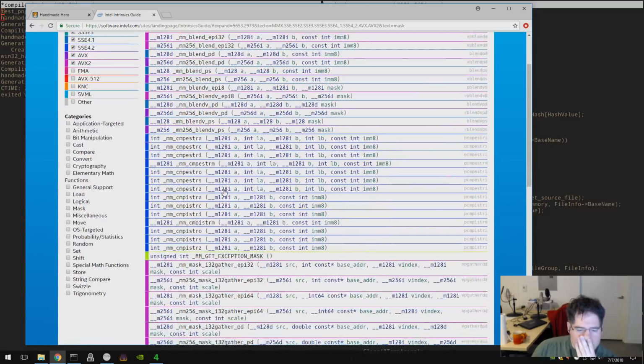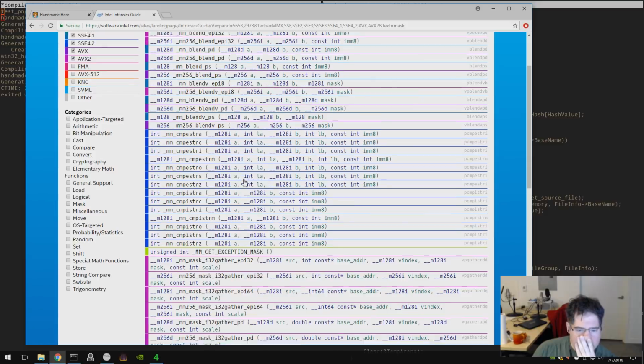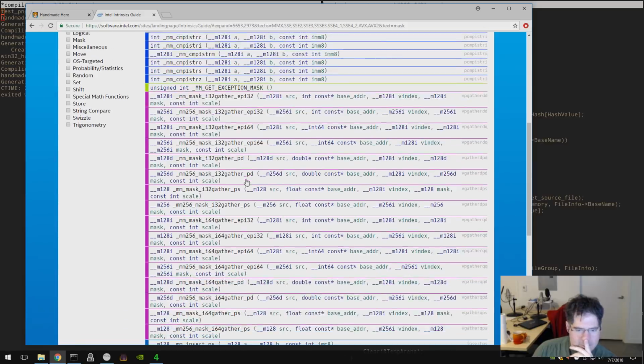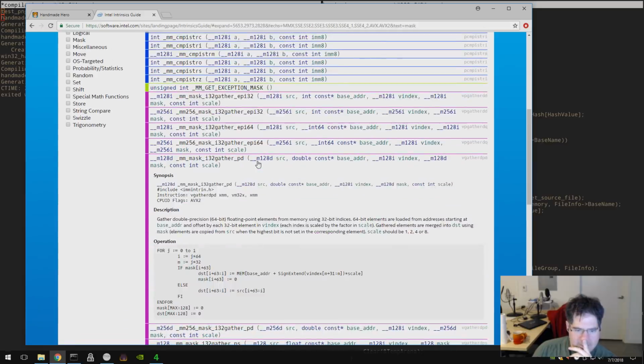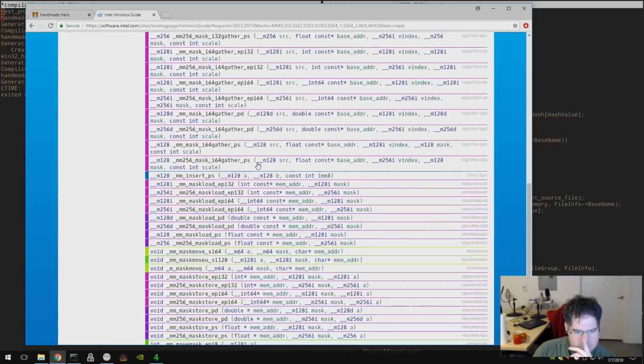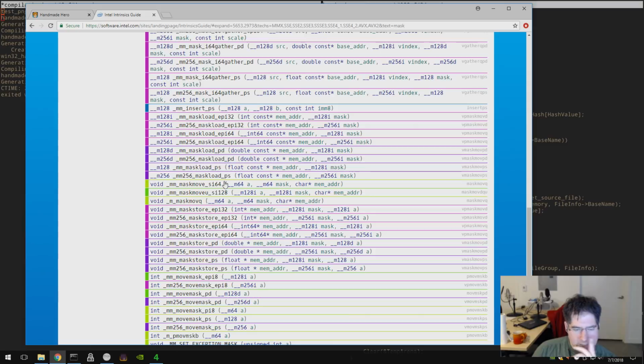Blend also is only bytes at a time, if I remember correctly. Pretty sure gathers are only bytes at a time too. I don't know. So the one thing I could think of was the mask moves,